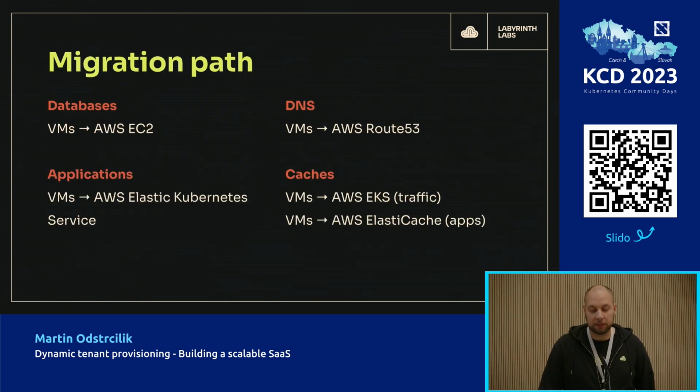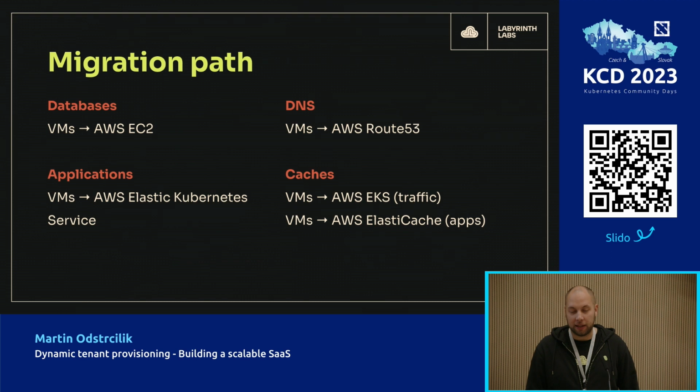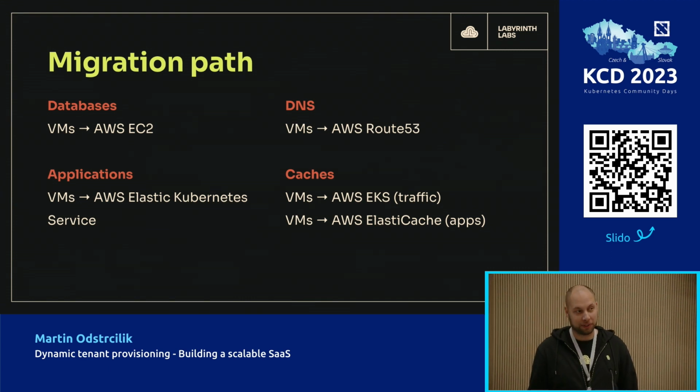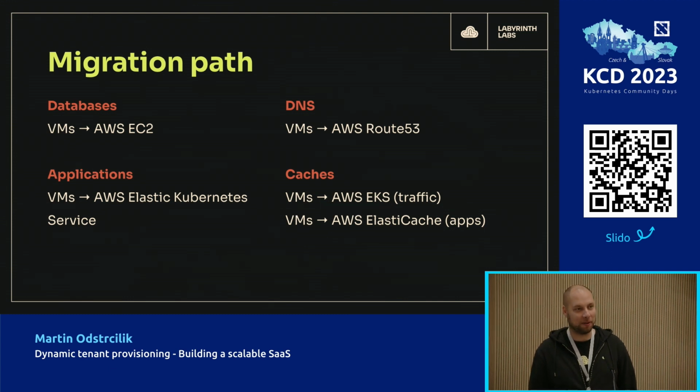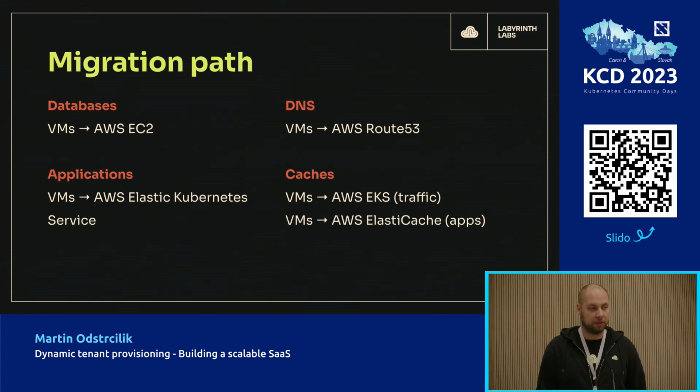So they have come to us. And we came with a plan, migration plan to the cloud, obviously. So onward, we say. So let's have a look how the migration looked like. So when we migrated the databases, we actually did some kind of lift and shift, some replatforming, let's say, by just moving the databases from on-premise VMs to AWS EC2 instances.